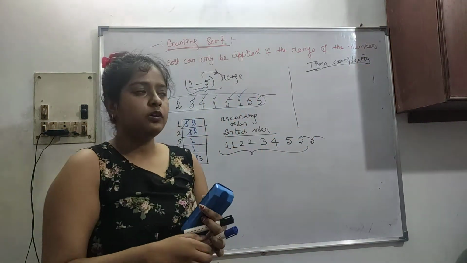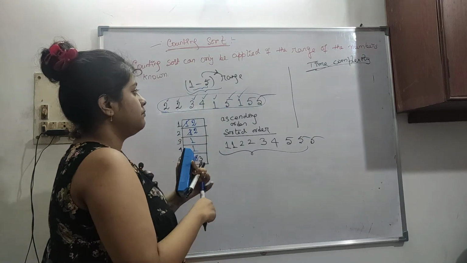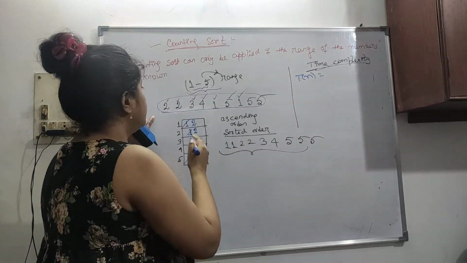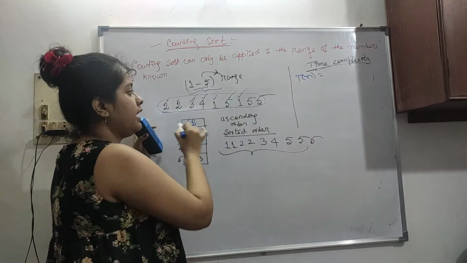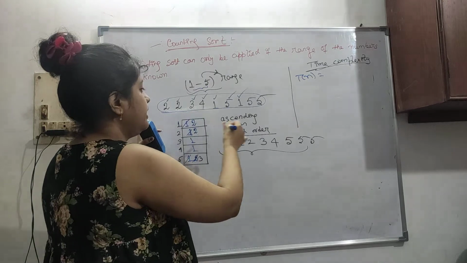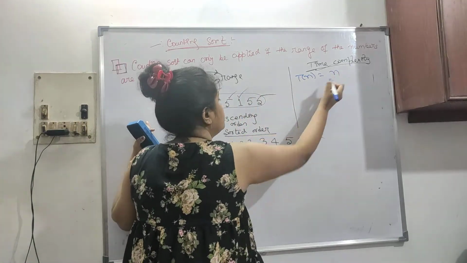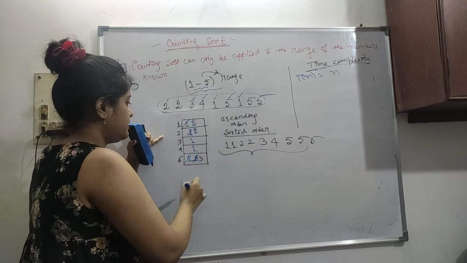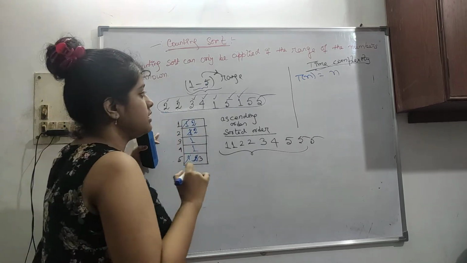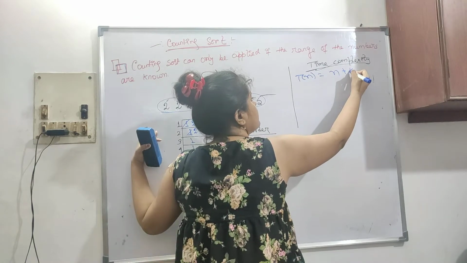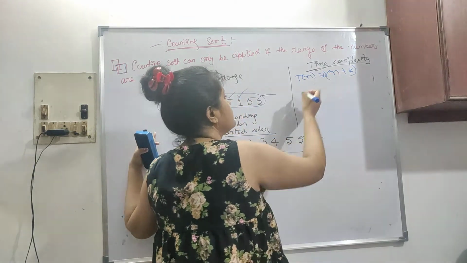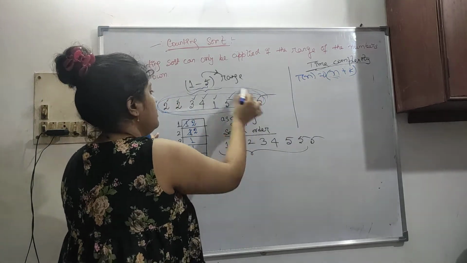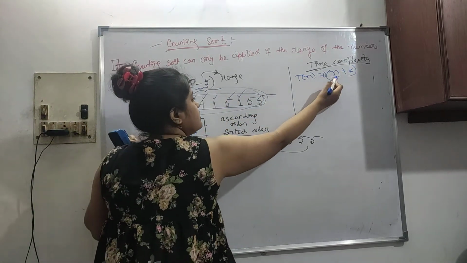So now time complexity, how it can be done. So T(n) is equal to, let's see, this array has got n elements, so n times it is needed. Now this data structure has got k number of cells, so n plus k, order of n plus k. So this n is coming from all these elements, n number of elements.